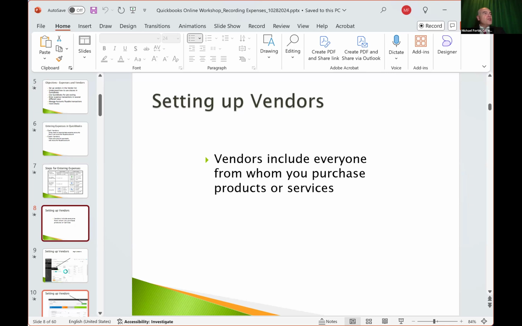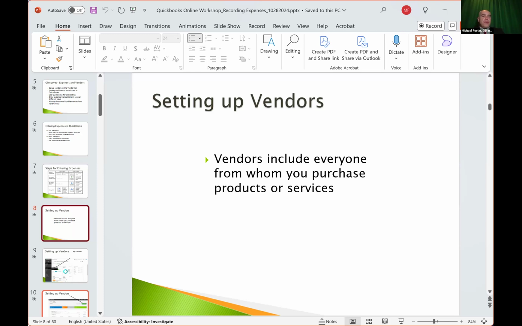The definition of vendors would be anyone from whom you purchase products or services. So for your power bill, your vendor would be Central Maine Power, for example, right? So they're an example of a vendor. Or your cell phone bill, or automobile loans, or just getting fuel for your company vehicle.